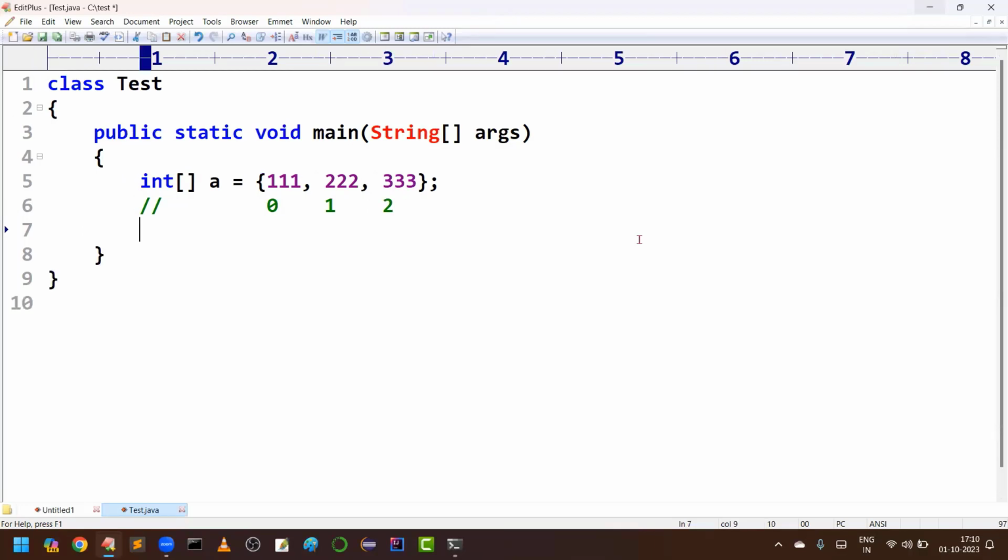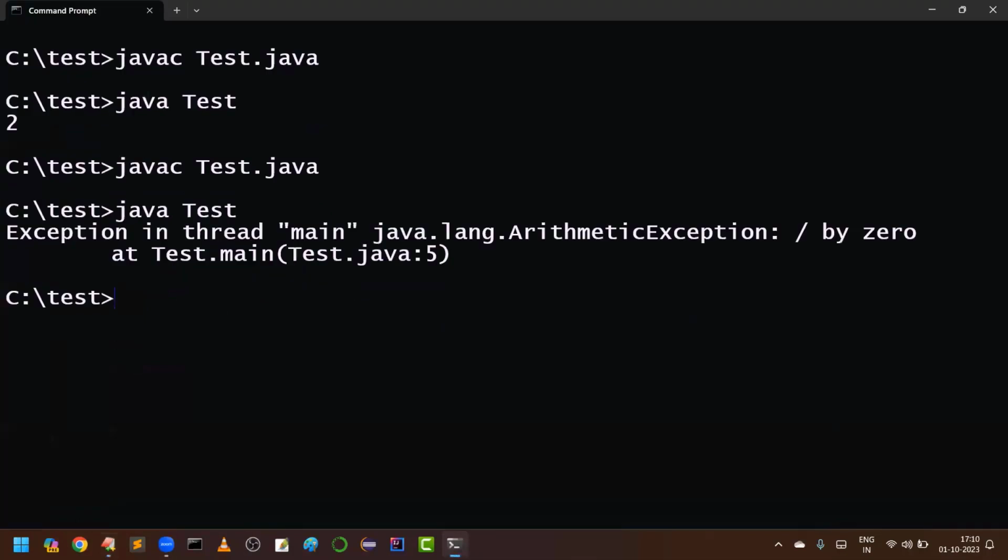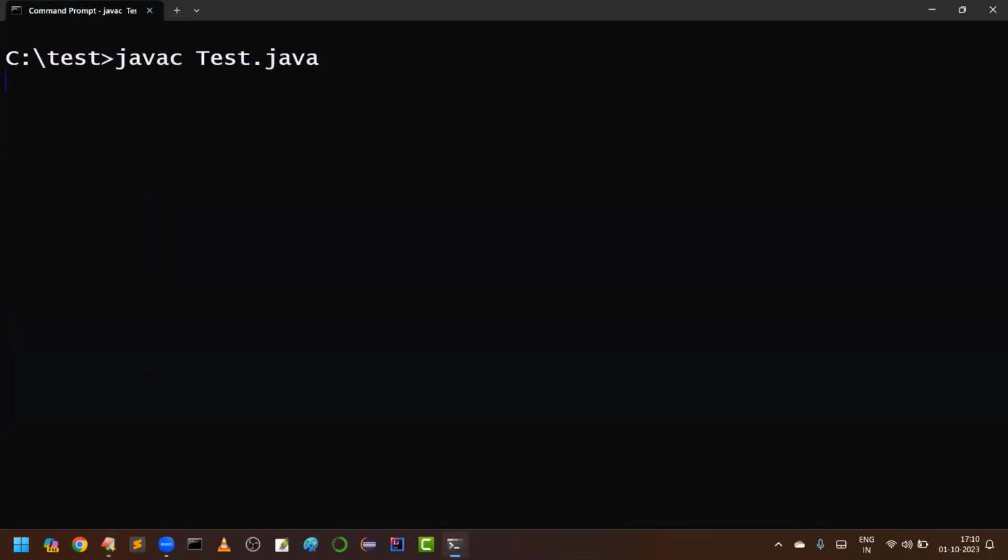Now I want to print the element available at the 0th location. So we use A of 0, subscript followed by 0. What is the element available at the 0th location? 111 will come. If you want, you can see the output we are getting is 111.